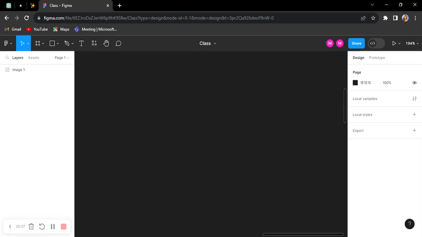So what are components? Components are a fundamental feature that allows you to create, reuse and maintain consistent design elements across your project. So we are going to create components for buttons, navbar, footer and also cards. So let's get started. I'm going to type